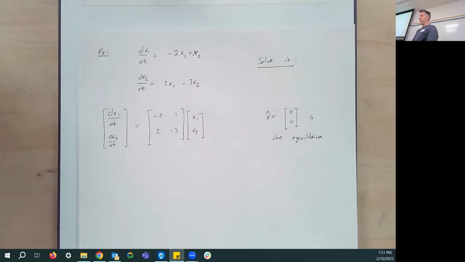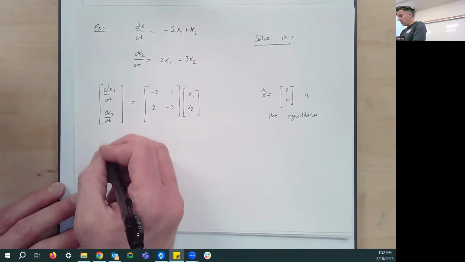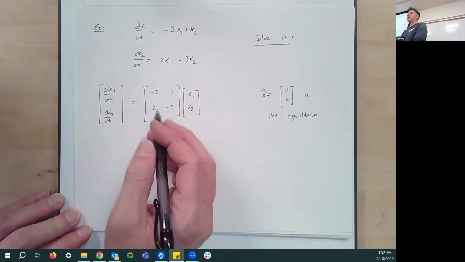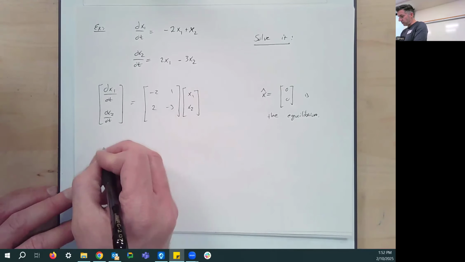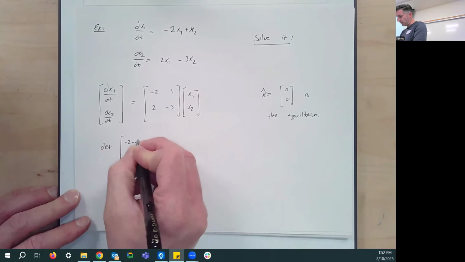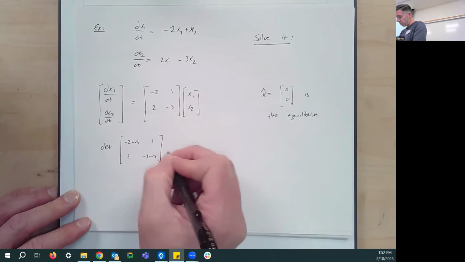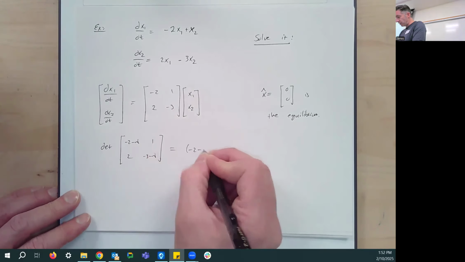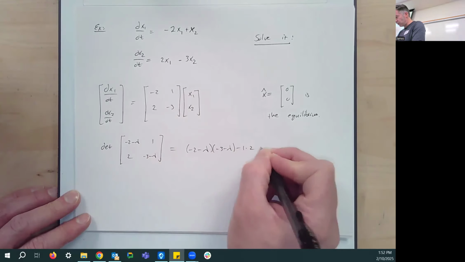It's the only value of x1 and x2 that make both of these equations equal to 0 at the same time. All right, let's do all the things. Not a nice situation for the eigenvalues here, right? Unlike the previous examples, we have to actually find them. So we're going to do the determinant of -2 minus lambda, 1, 2, -3 minus lambda. That's going to be (-2 minus lambda) times (-3 minus lambda) minus 1 times 2,